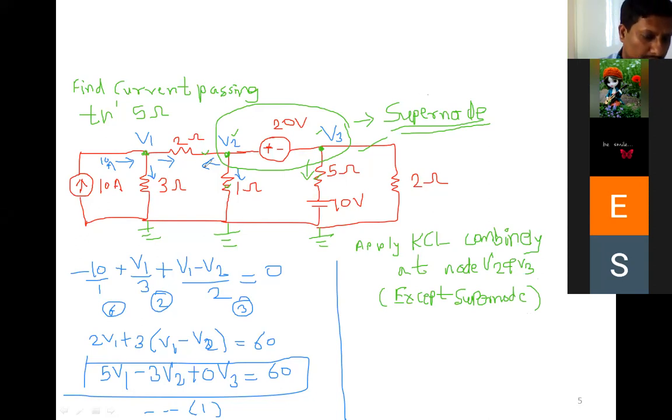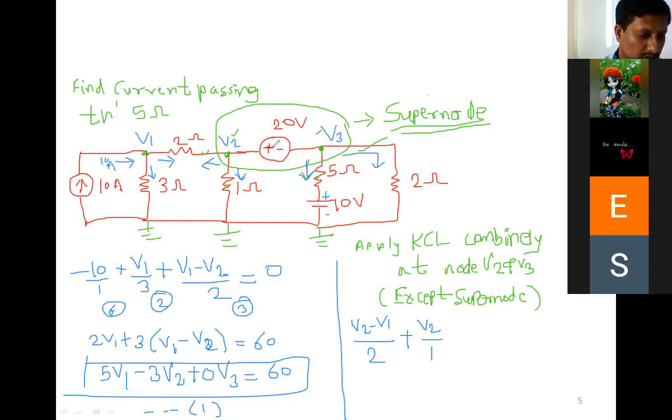So here you can mark outgoing. Here you have already marked outgoing. So here you marked outgoing, and this current is also outgoing. Just remember here that V3 is greater than 10 because 10 volts is present here. So now V2 minus V1 divided by 2, all are outgoing. All four currents, 1, 2, 3, 4, are outgoing. So all are positive. V2 minus V1 divided by 2. Next plus V2 minus 0 divided by this 1, V2 by 1.